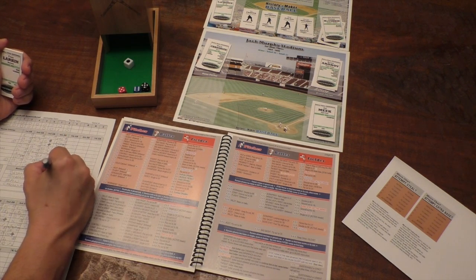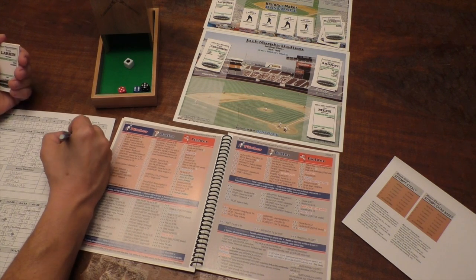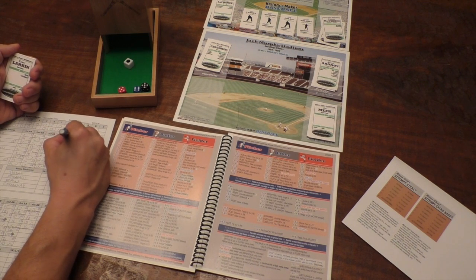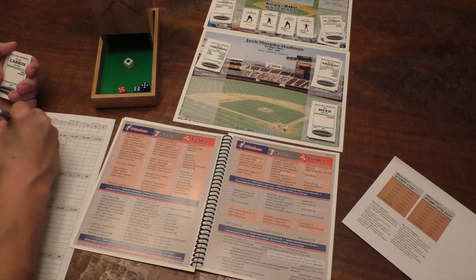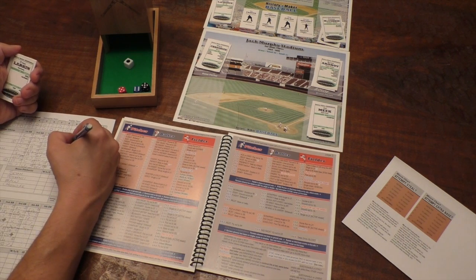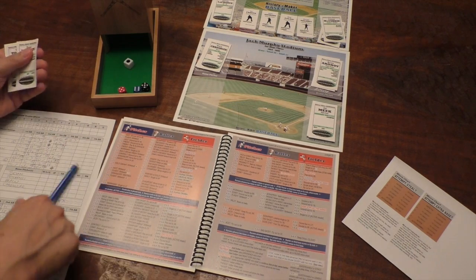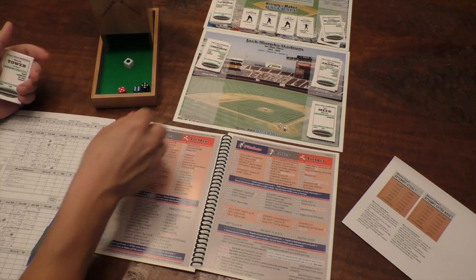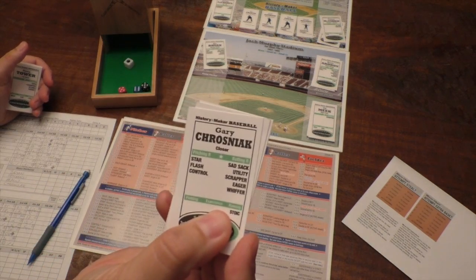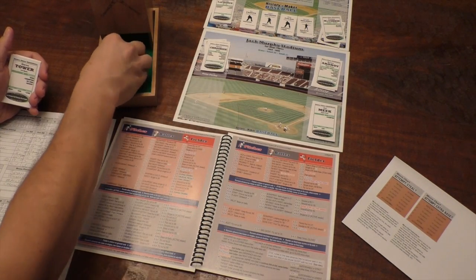George Adams rumbles, stumbles, bumbles around the base paths and scores on a Fran Larkin double in the top of the 9th. Wow. Wow, wow, wow. Fran was 0 for 4 going into that at-bat and notches himself a possible game-winning RBI against the star closer, Gary Krosniak. All right, Gary's just going to go ahead and stay in there